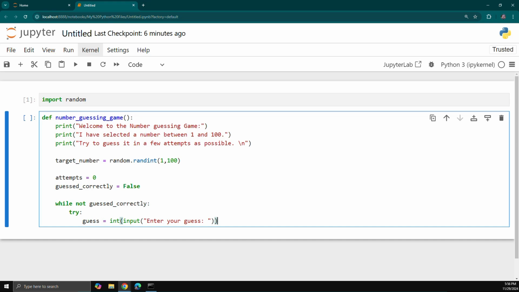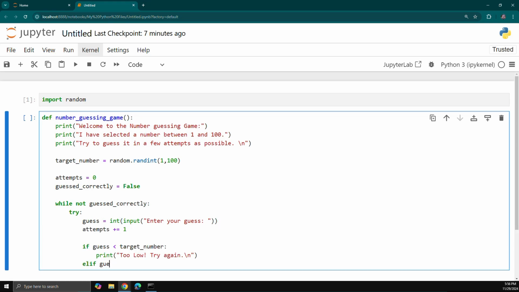Okay, so this is one thing. Next I can write an elif condition: if my guess is greater than target number, I can print something like too high, right? Again, try again. Else I can print the condition